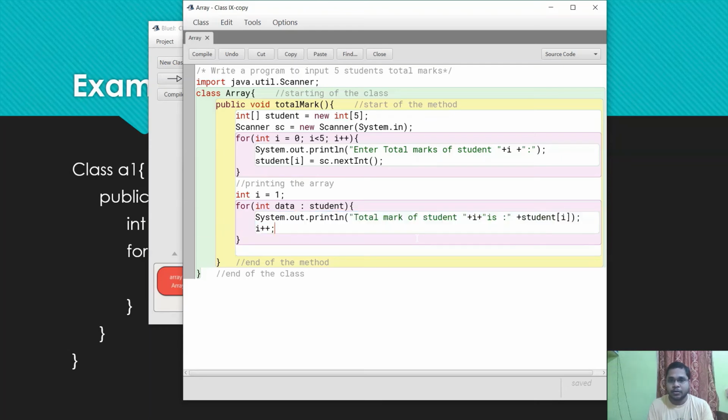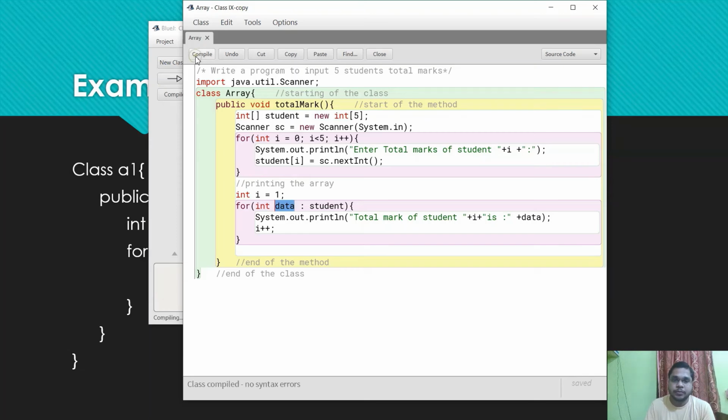Now we can do it this way, and instead of student of array i I have to write data, this is my variable. So in the first iteration, the student array's index 0 data will be stored in your data variable, and that will be displayed.